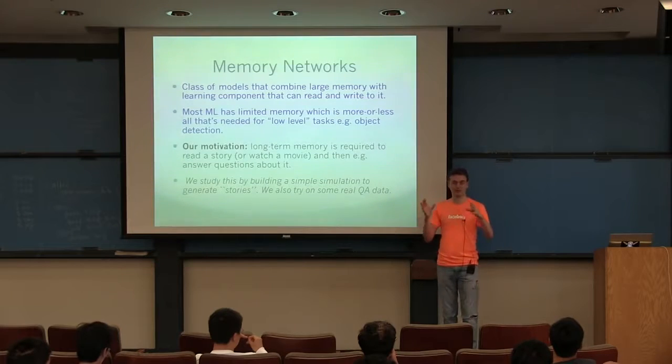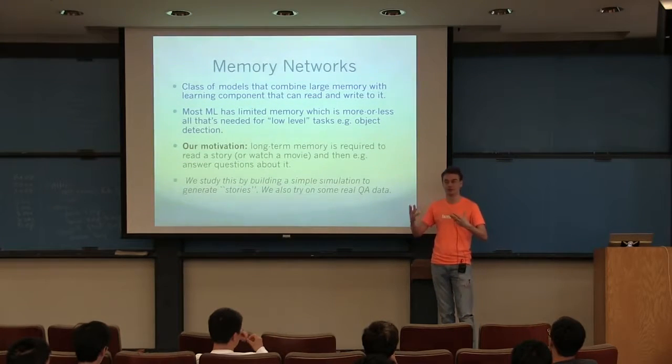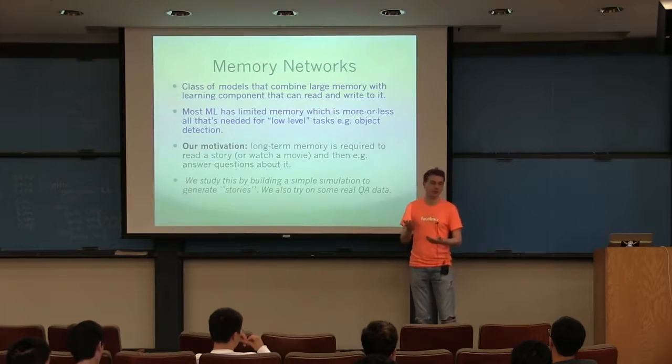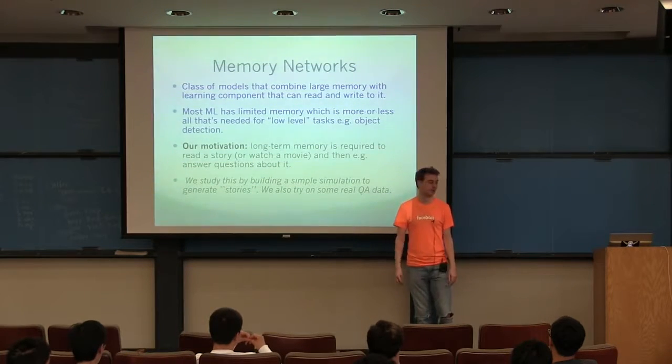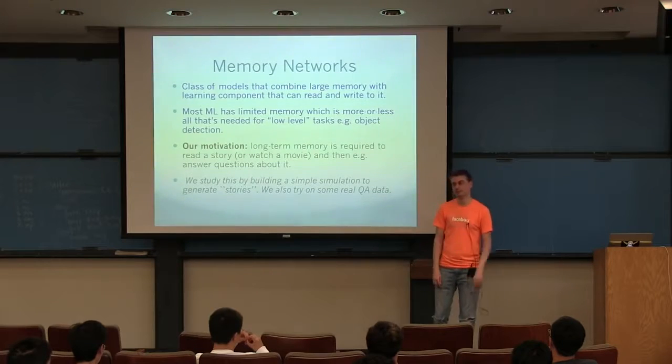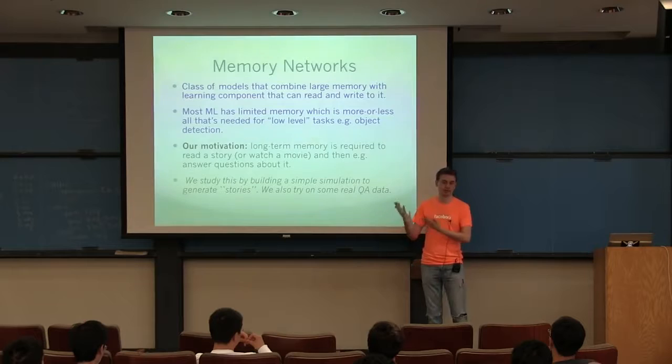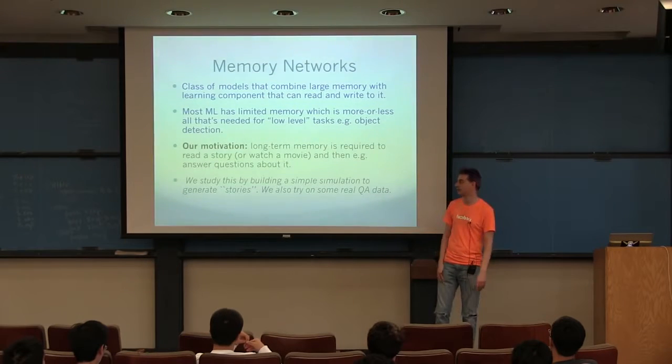Once you have this memory tied to a neural network, you can do lots of other things with it. Maybe you could have a robot going through a maze and using its memory of the maze to help understand how to solve that problem. But we focus more on question answering rather than acting, which in that case would be the robot moving around in a maze.